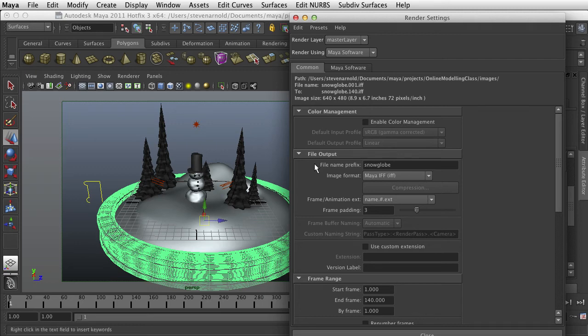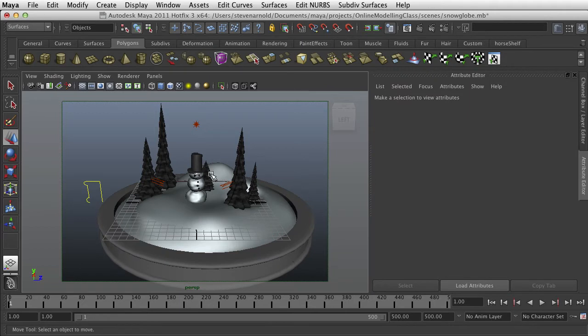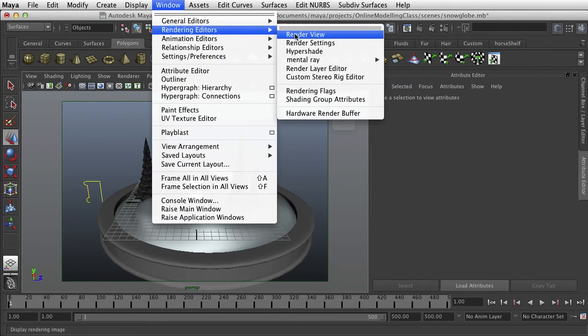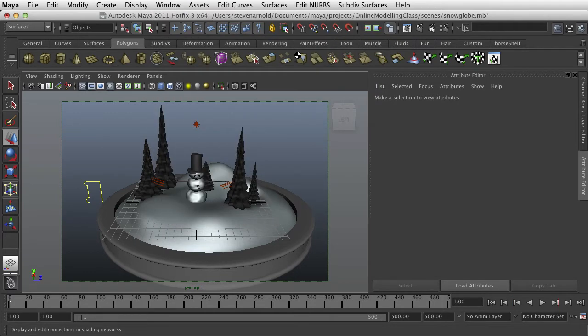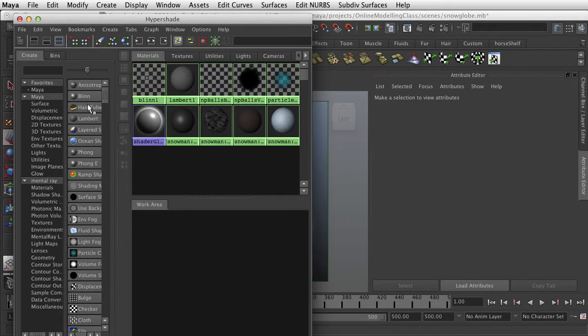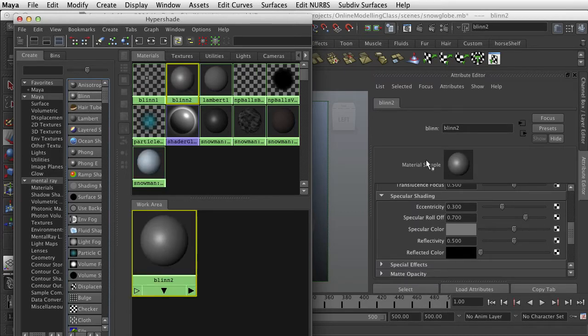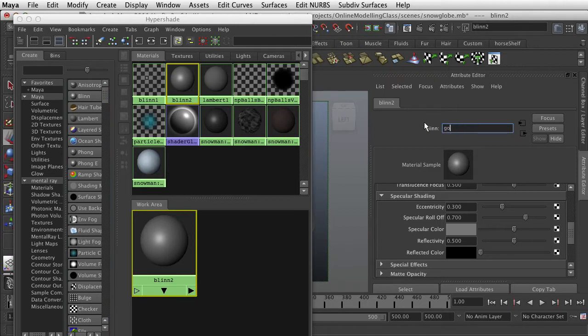Now that we have our scene rendering out nicely, we may put a material on our base here. We can do that really quickly. I'm just going to make up a gold material in my Hypershade, something that's reflective, something that's glossy. I'm going to pull this out, choose a blend, and name this gold base material,